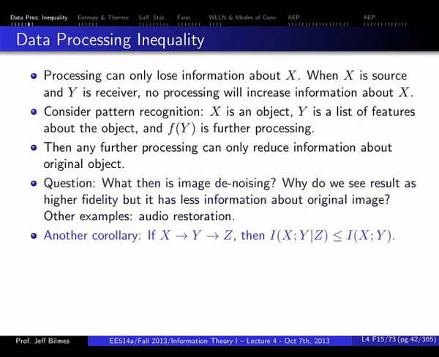Audio restoration. There's another corollary that if x and y and z is a Markov chain, then conditioning